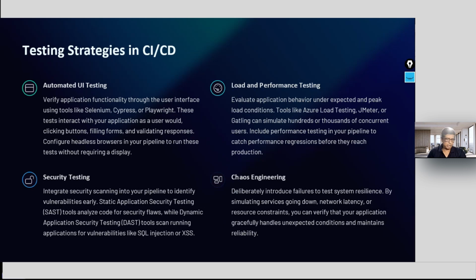Testing strategies in CI/CD. Let me check how much time we have left, another half an hour. Okay, so we can say automated UI testing, unit testing. You will verify the application functionality through the user interface using tools like Selenium. Selenium is a very popular testing tool.